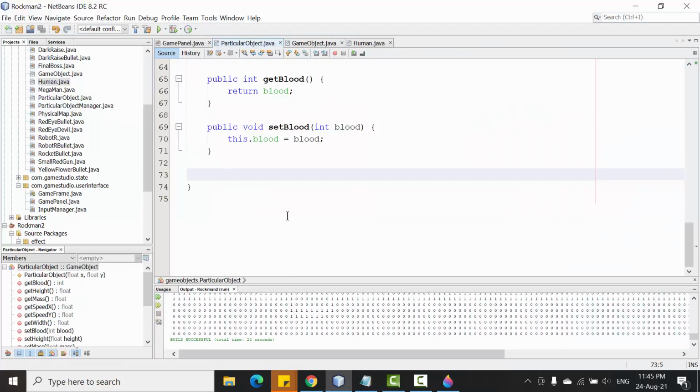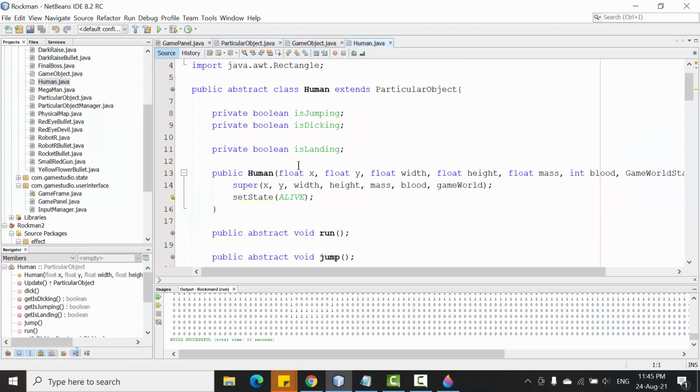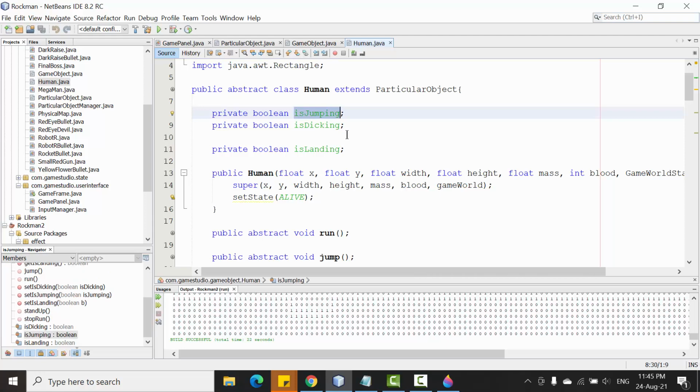But the human can jump. So for the human object, alright,